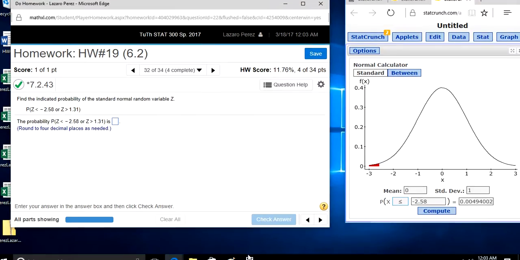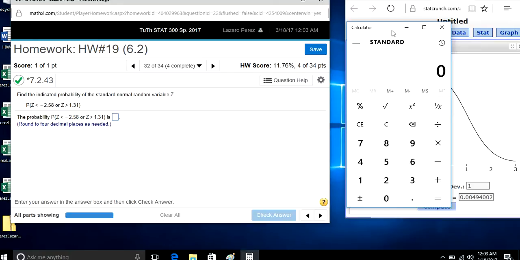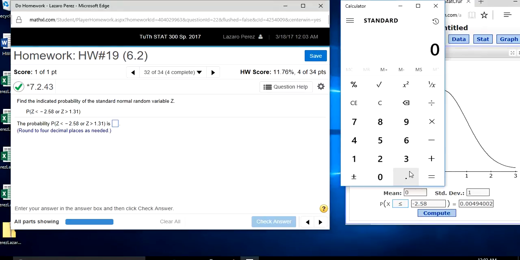All right, so let me put this in the calculator. So we got 0.00494 plus,